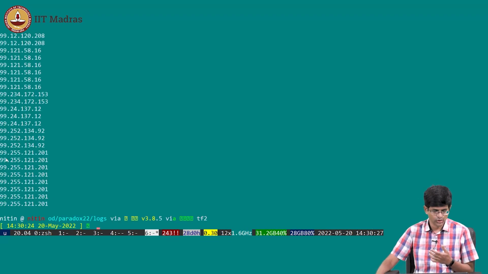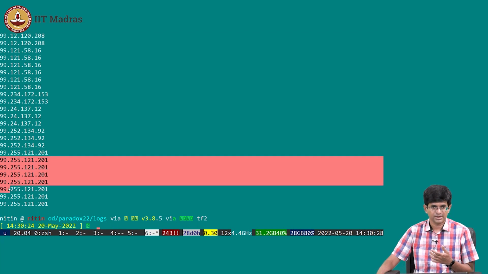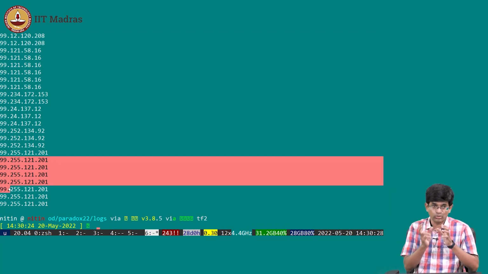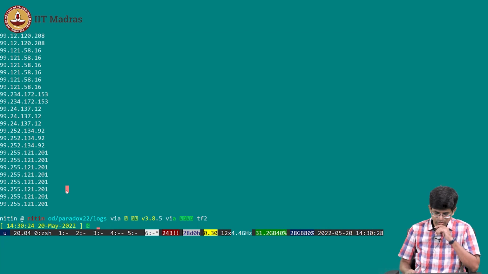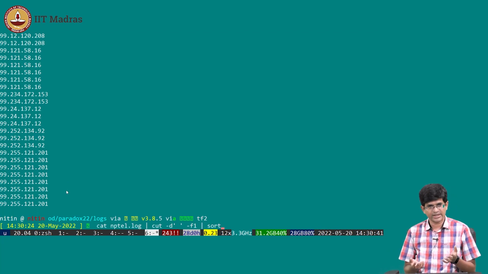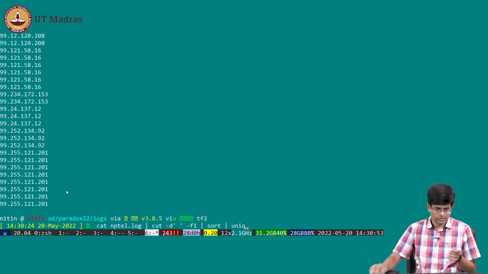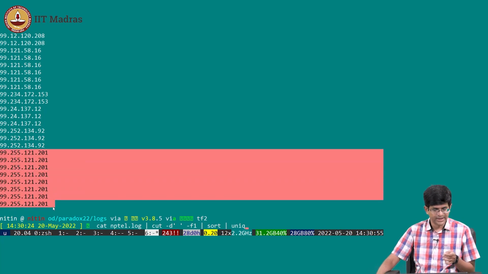So the thing that you can see is, all the things over here start with 9, right. So at least it is not done a numerical sorting, it's actually considered them as strings and just gone ahead and sorted everything, okay. Alright, good news. Then what else? But sorting is still not good enough, okay. I wanted to start grouping things together. There's another command for that called unique, okay. But unique will only say, okay, this IP is there some 8 times, I will only print it once. That's not exactly what I want. I want it to print how many times, okay.